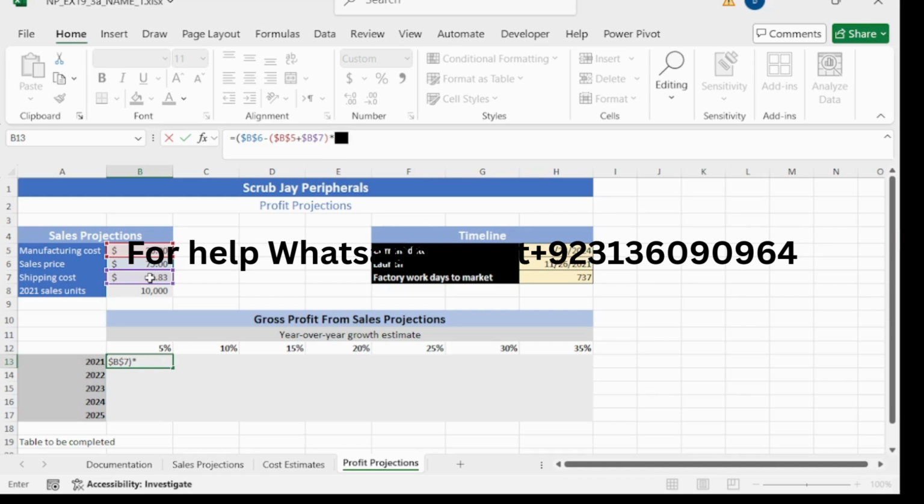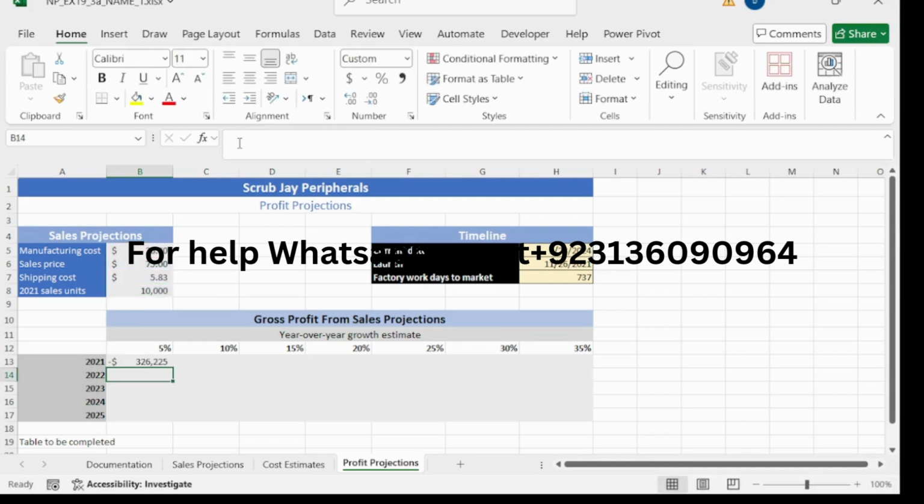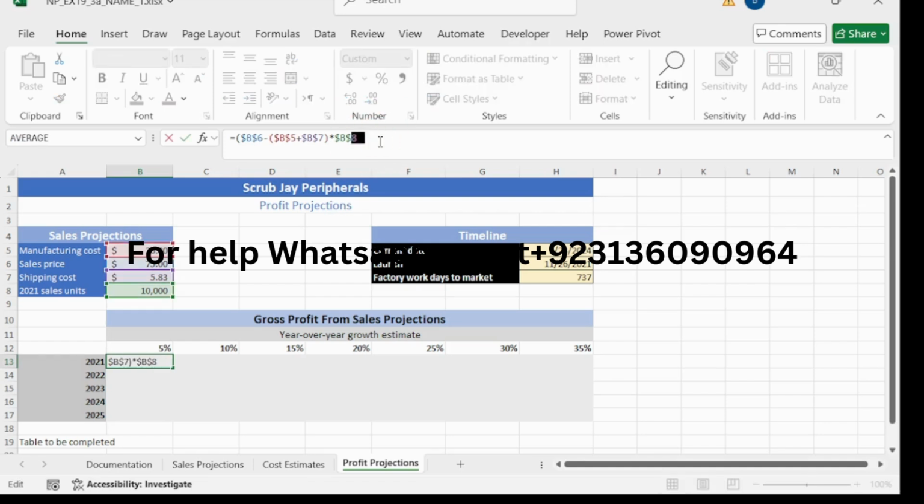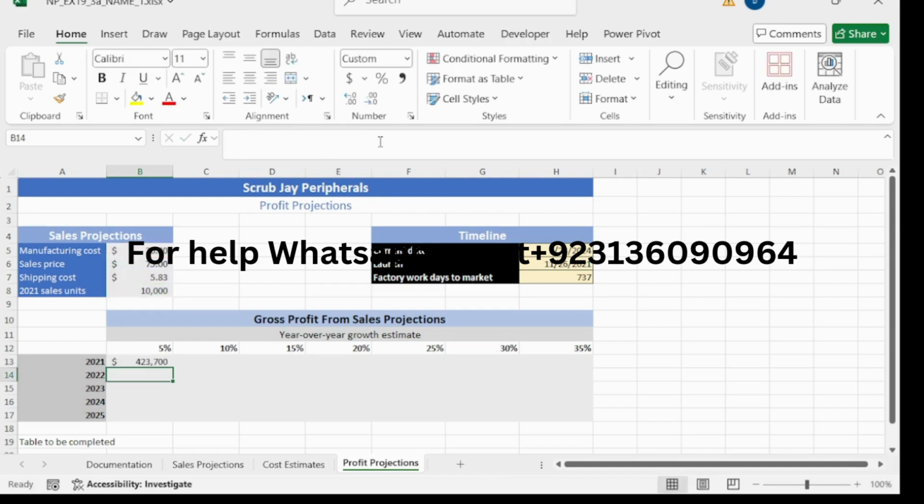Select B8, this one, and press F4 and then close the bracket and press enter. So we have completed our step number. I think I made a mistake here. So we need to close the bracket here, not here. Close the bracket here and then press enter.